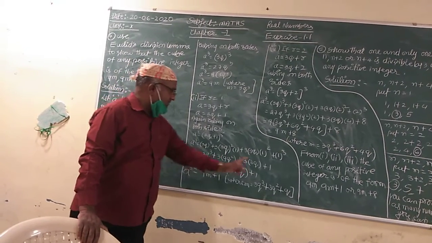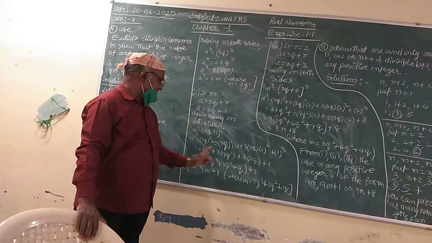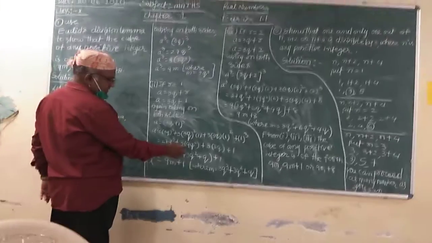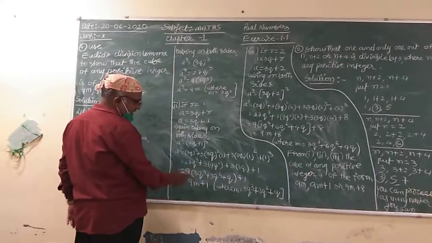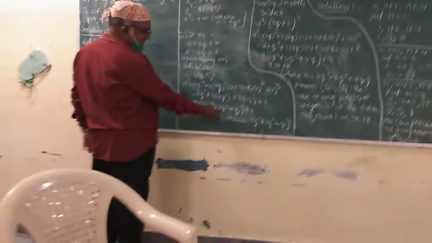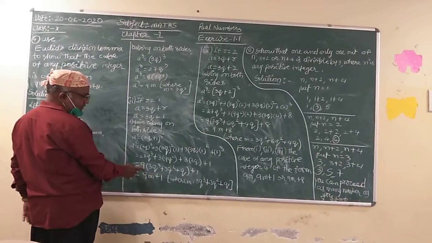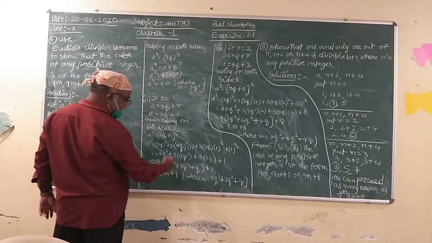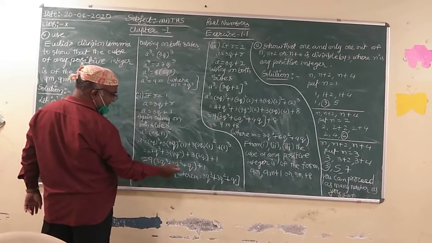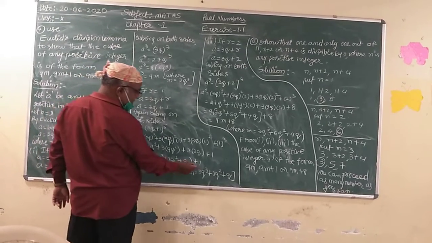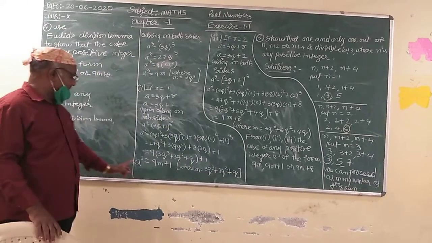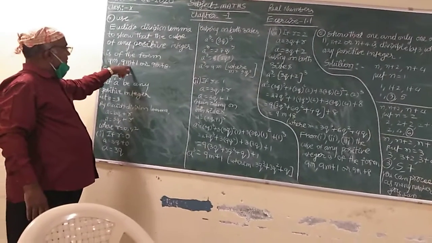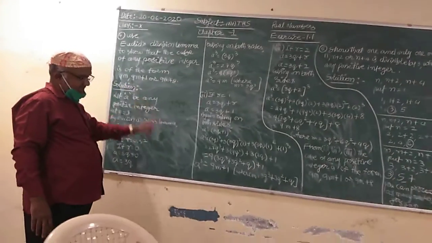I am taking 9 common from the first, second, third terms. You see, 9 3s are 27 q cube. 9 3s are 27, so 9 I have taken already common, 3q square is left. 3 3s are 9, already I have taken common, we are left with only q. Plus 1. I am assuming this whole thing as m, that is in the place of m, 3q cube plus 3q square plus q I have taken. So a cube is equal to 9m plus 1. You see, the cube of any integer is in the form of 9m plus 1.